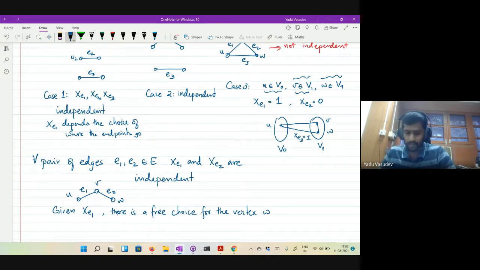So if you take 2 edges, then the corresponding random variables are independent. But if you take more than 2, then they need not necessarily be independent.